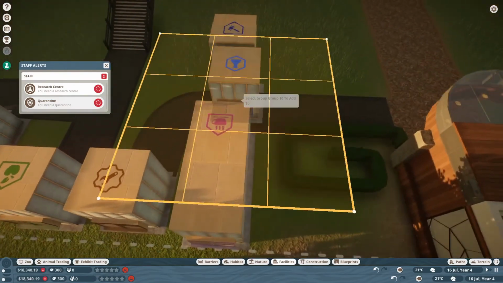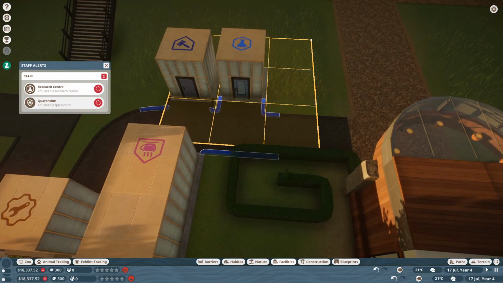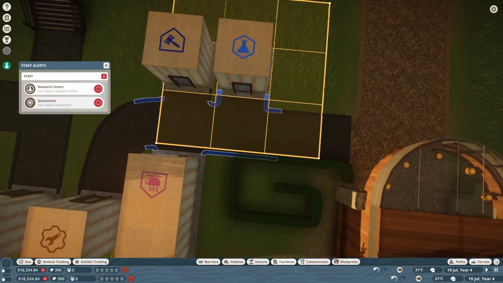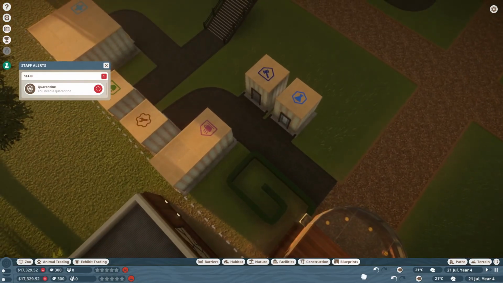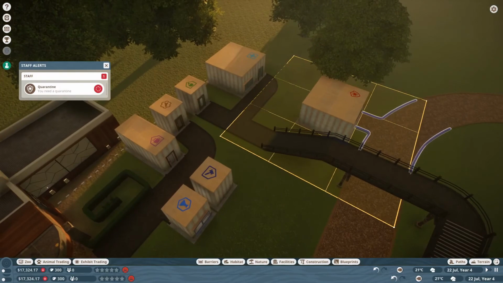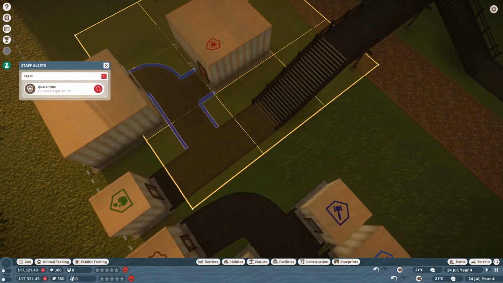Research center. I'll pop that next to it. I'll be careful because I obviously don't want... One of the things in this game is you don't want guests to see this kind of stuff because they complain. And then quarantine, which I'm gonna put...